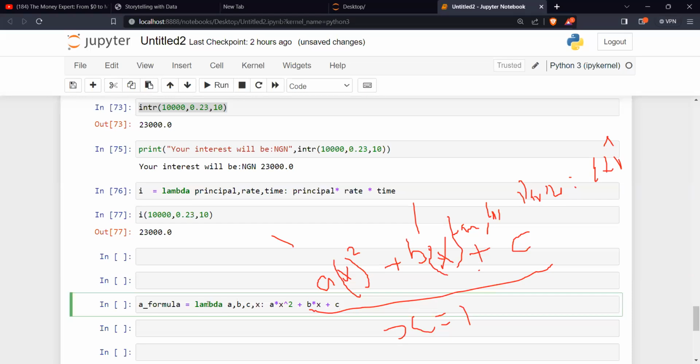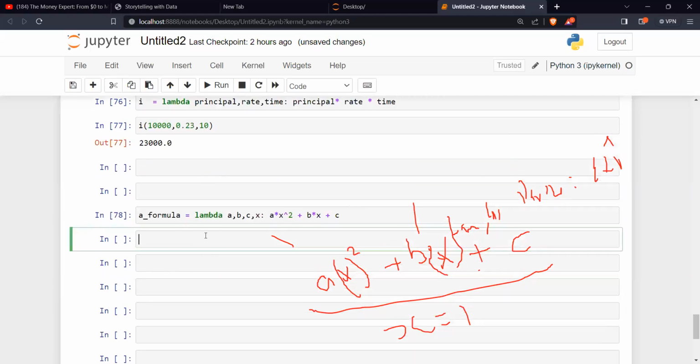So will this work? It should work, right? All right, let's try. Okay, so you say A formula.